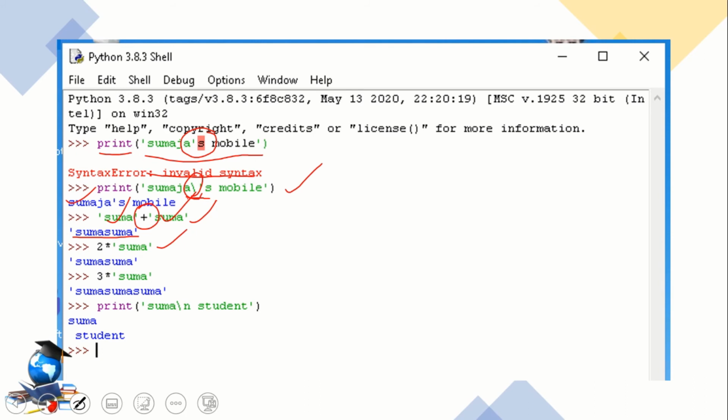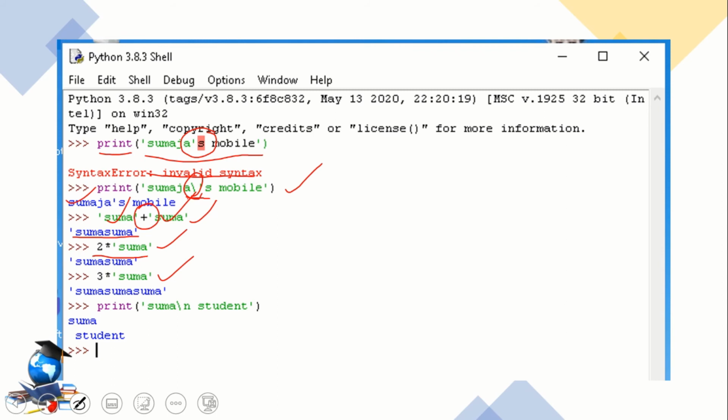Here 2 star Suma, then it will print the string Suma 2 times. Look at another example, 3 star Suma. Then this code will print the string Suma 3 times.